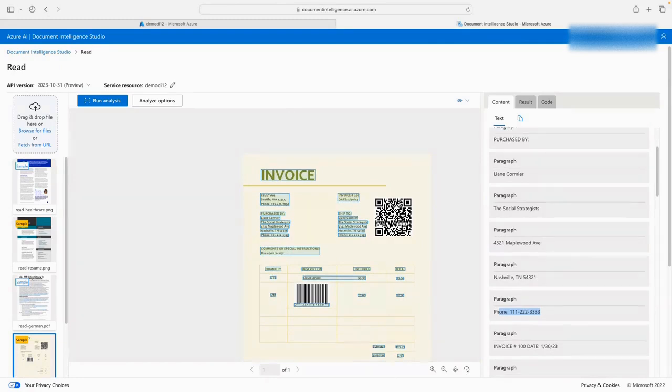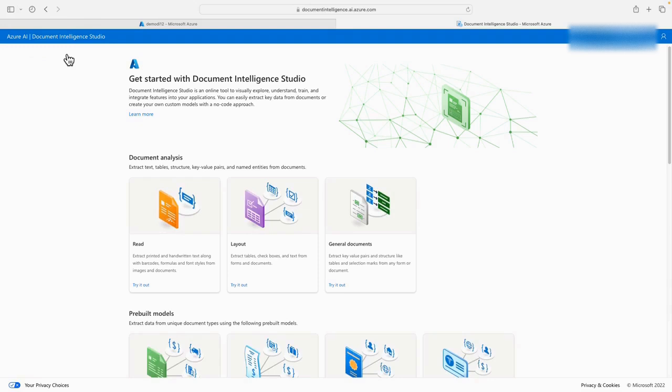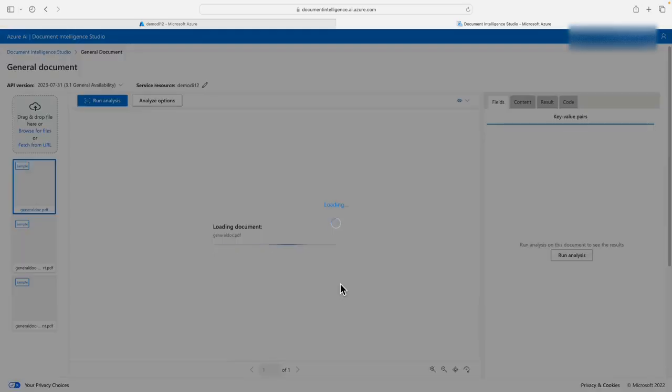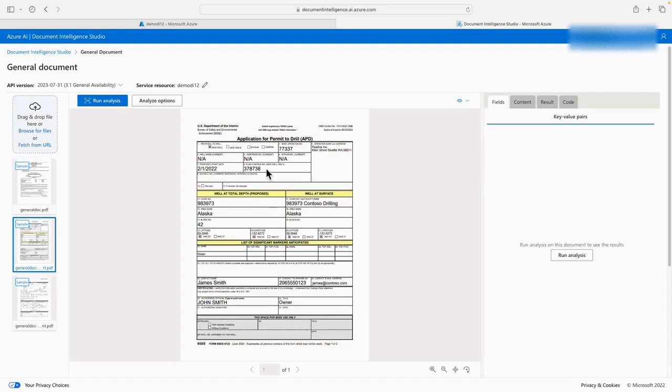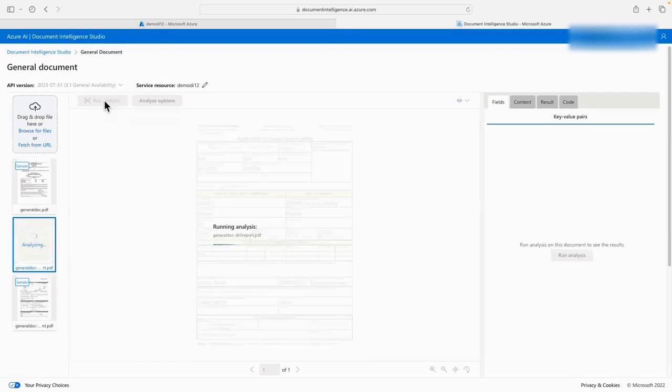That's it. Now let me come back to this Document Intelligence Studio, and here I'm going to use general documents, which is going to extract key-value pairs and structures from the document. Here also I'm going to use the sample documents only, because instead of uploading these files, I've got the documents readily available here. I click on this run analysis,